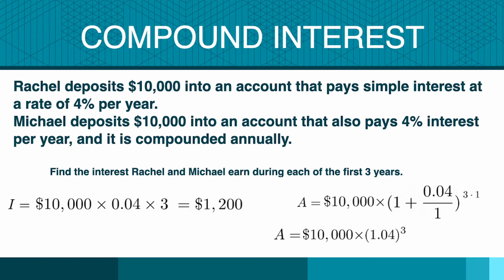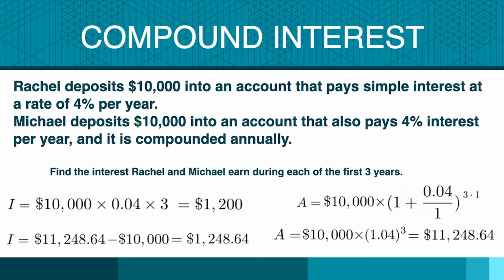The total accrued amount Michael earned is $11,248.64. Since the accumulated amount for Michael includes the interest and the principal, subtract the principal to find the interest he earned. Interest amount equals $11,248.64 minus $10,000. Therefore, the total interest Michael earned is